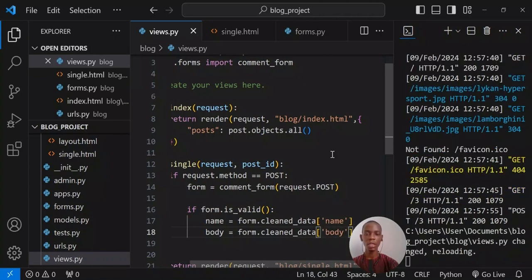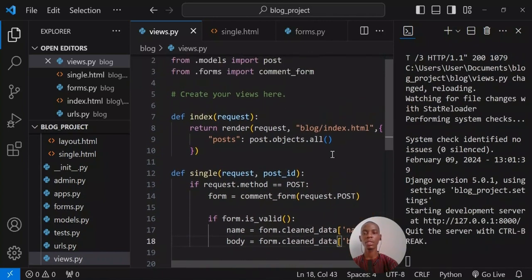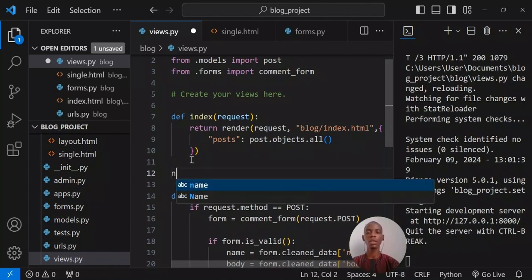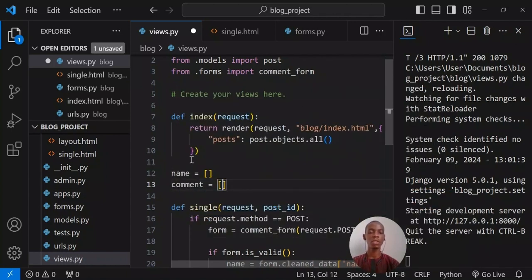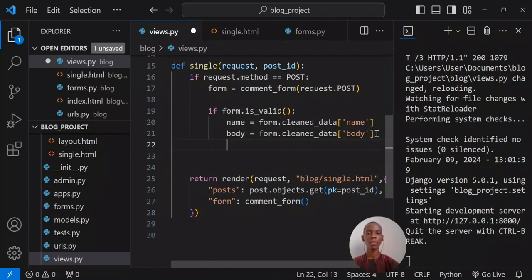Then I'm going to create a list for my body and form where I'll be putting all the comments and everything. I'm going to come up here, and then I'm going to say name is equal to this empty list, and then comment is equal to this empty list. So I'll just go back to my code, and then I'll say